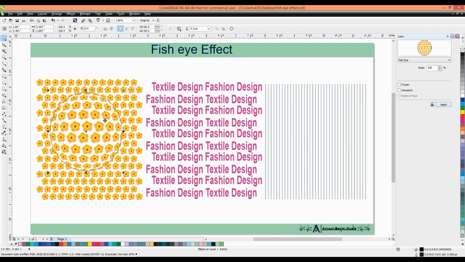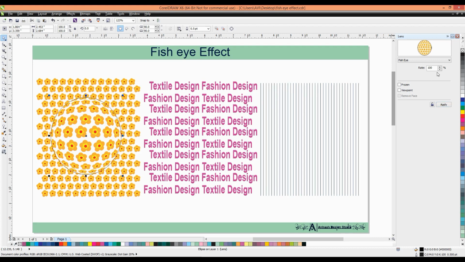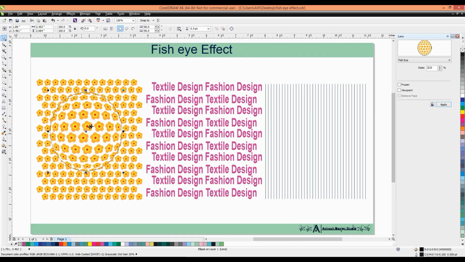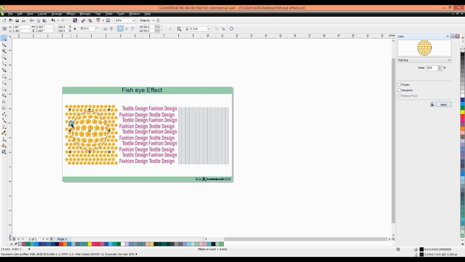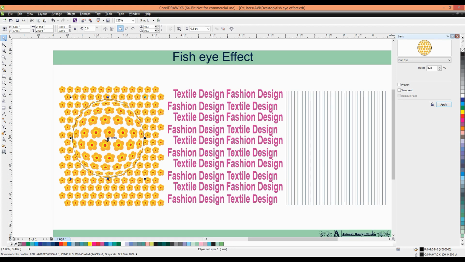Let's see the changes. When we apply changes to the percentage, we change it here to 125% and then click apply. Let's see, guys. When we press apply, it will change from here. We can increase it more and apply again. It will change the fisheye effect. Looks like it has changed into a three-dimensional ball kind of effect.